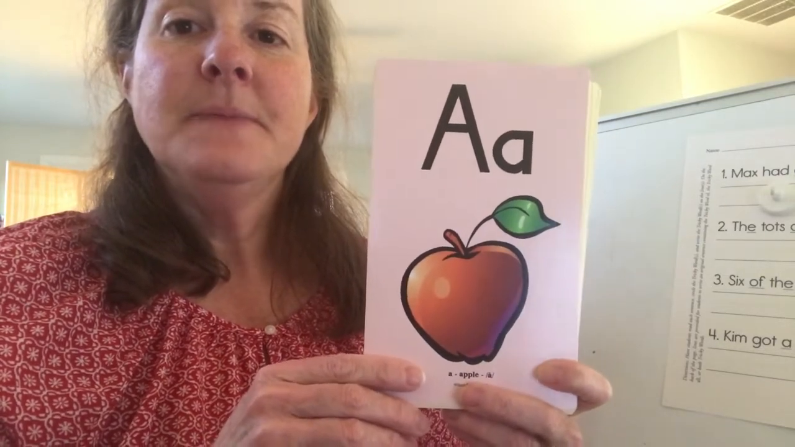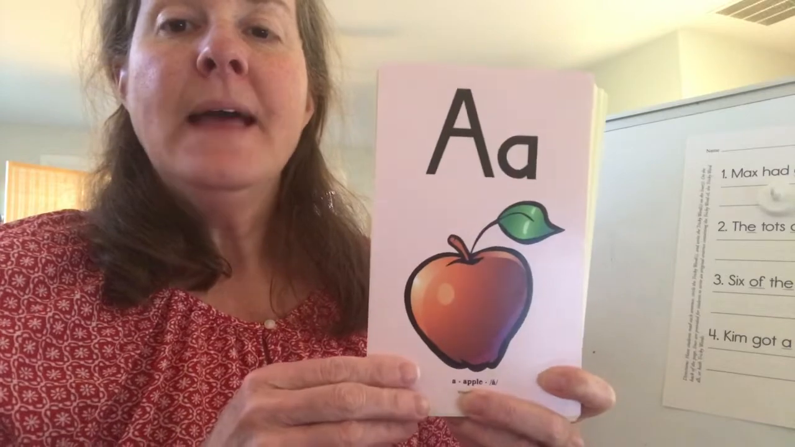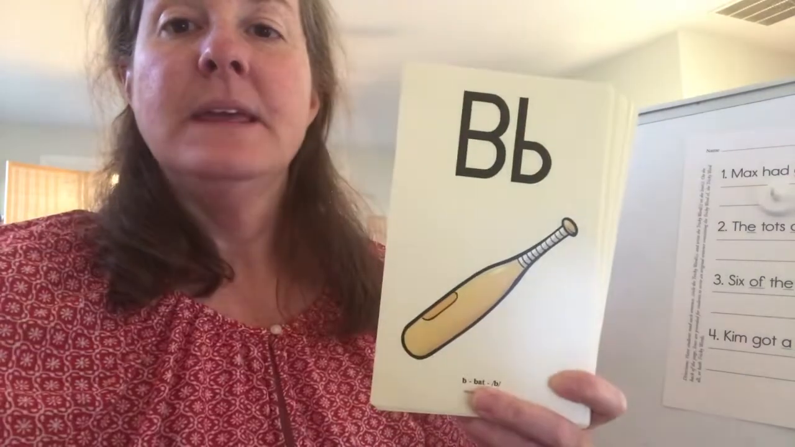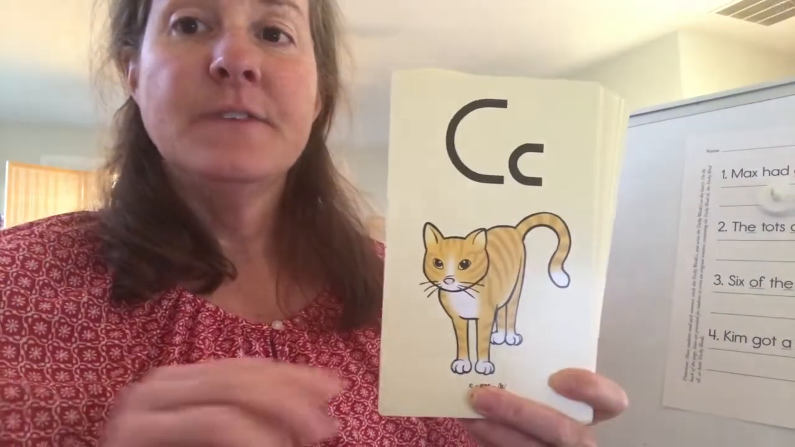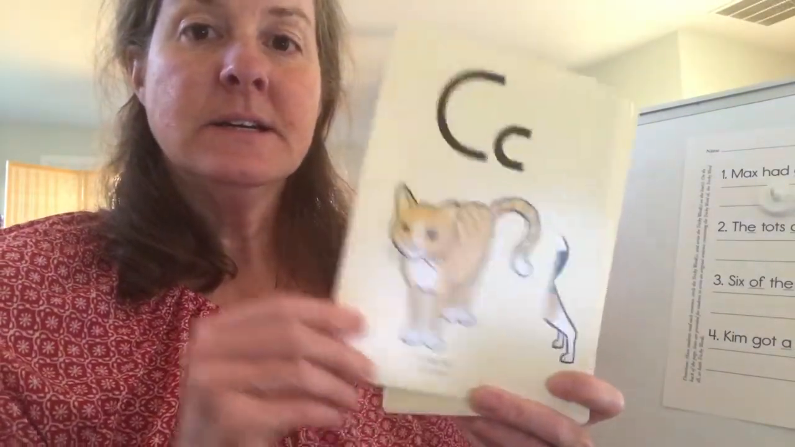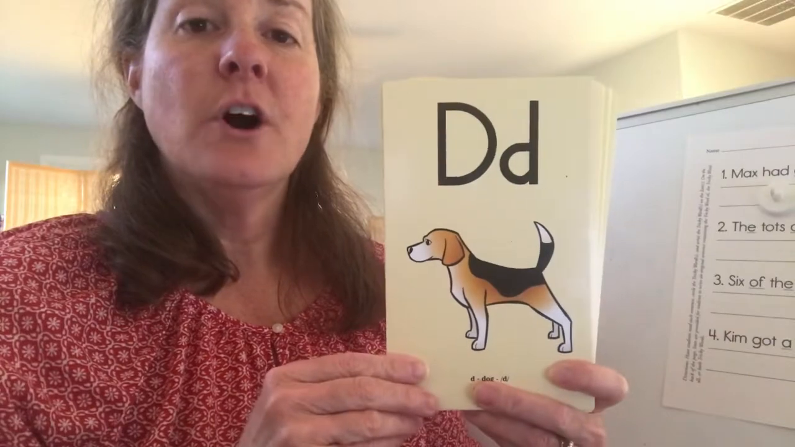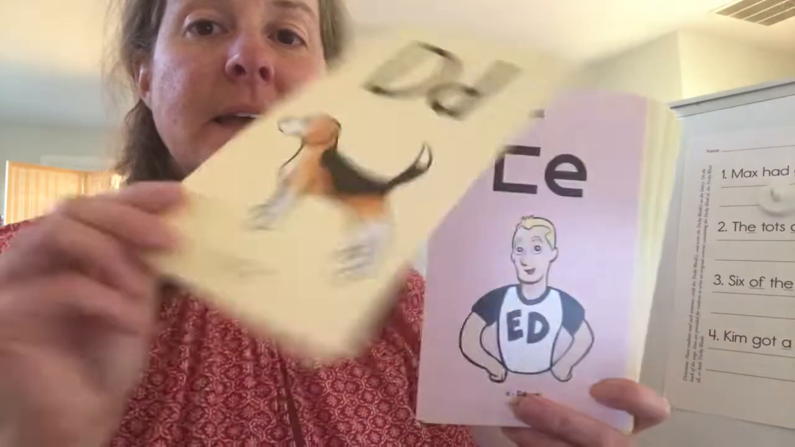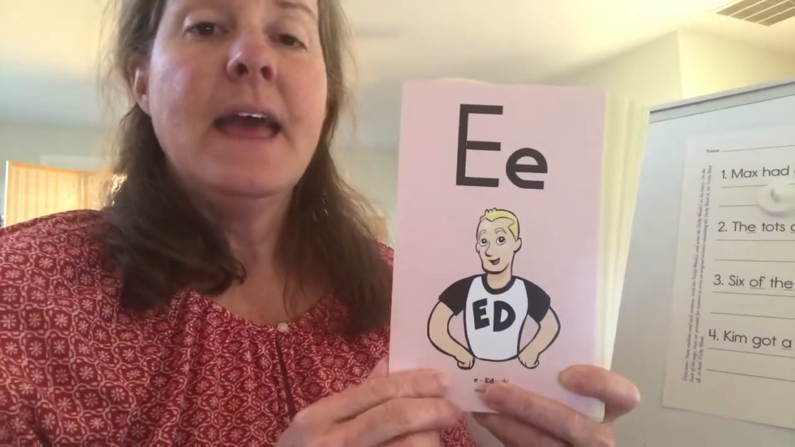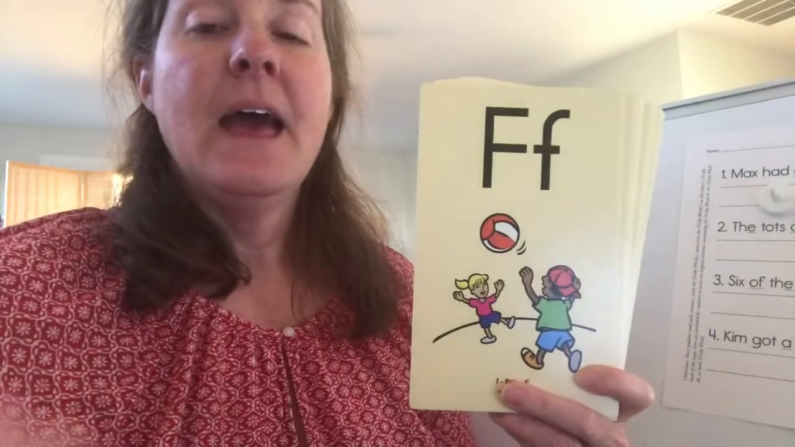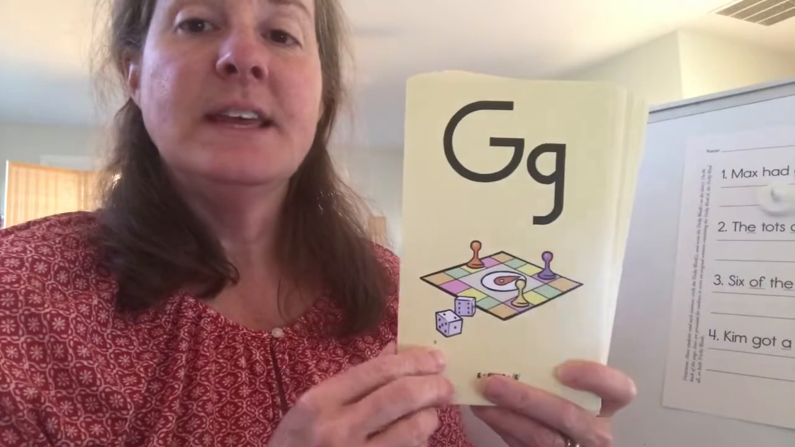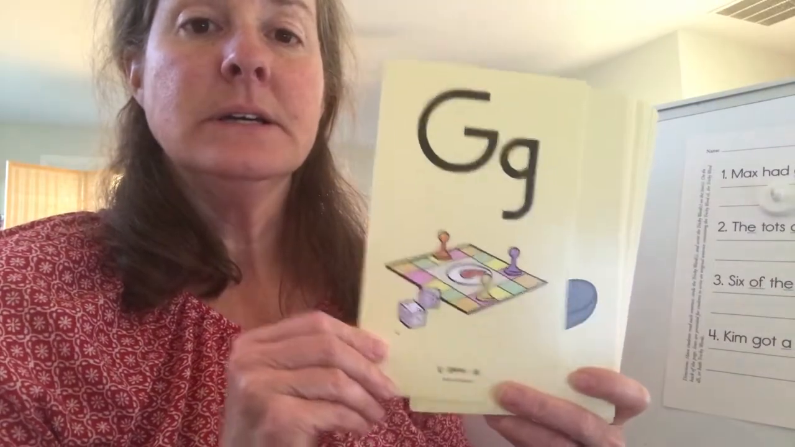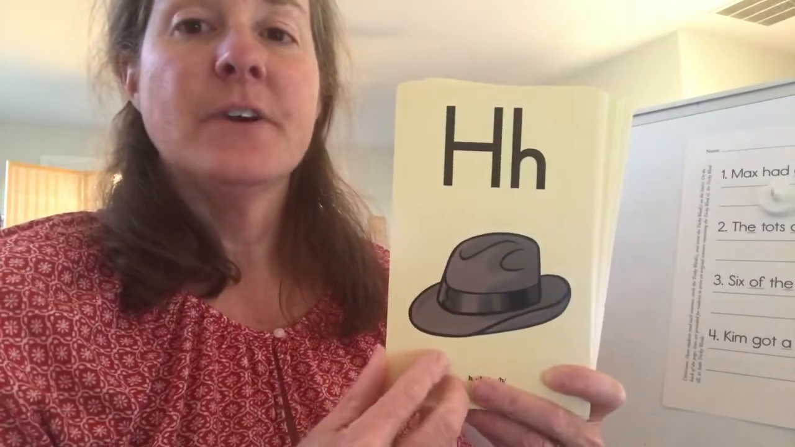Say it with me. A is for apple, /a/. B is for bat, /b/, /b/, /b/. C is for cat, /k/, /k/, /k/. D is for dog, /d/, /d/, /d/. E is for Ed, /e/. F is for fun, /f/. G is for game, /g/, /g/, /g/. H is for hat,